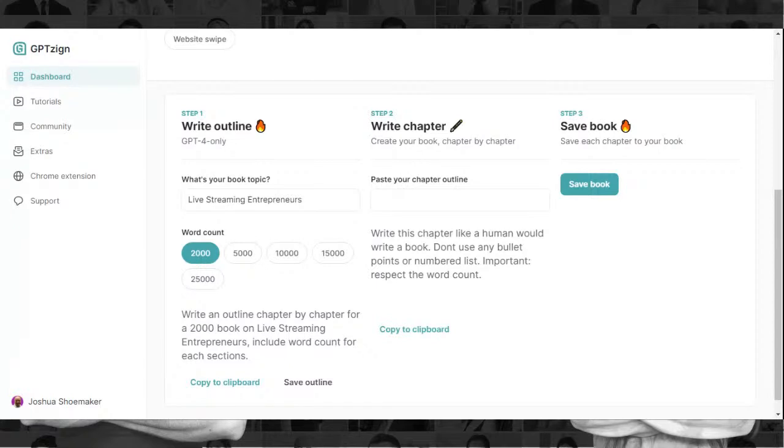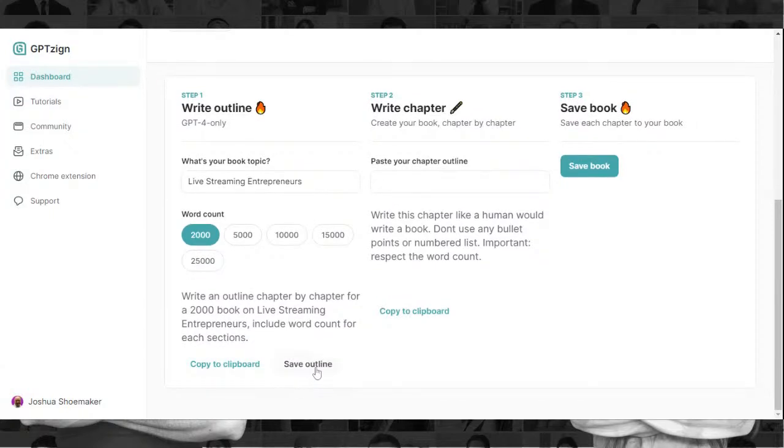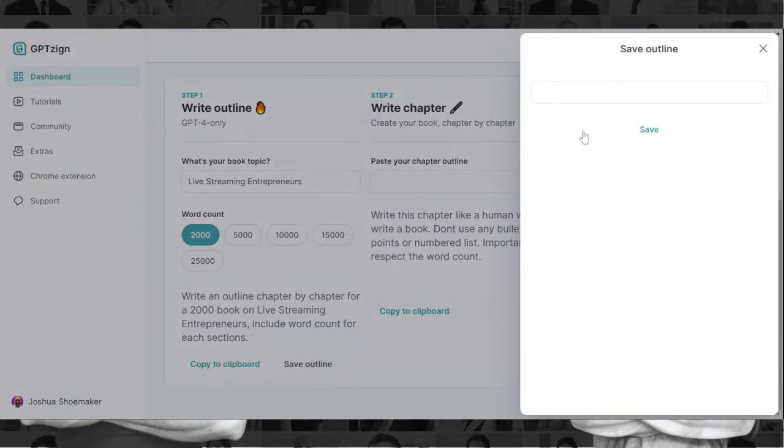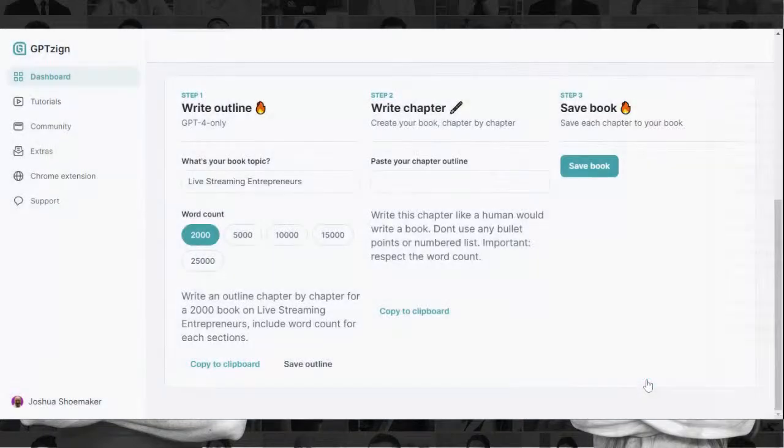So then you take this. After it says, you want to copy your outline. Don't copy the "most certainly" and the conclusions, and "I hope this outline helps you." So you take that. Boom. You copy it. Take it back over here. Save the outline. Okay. Put the outline in there and you paste it. Scroll down here and click save.